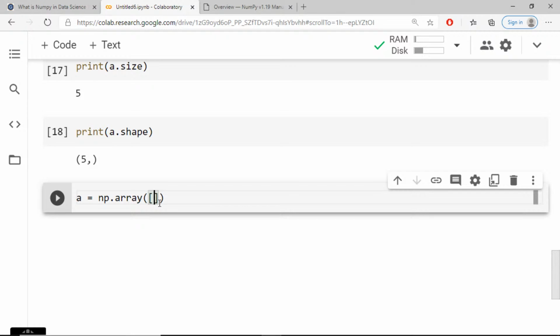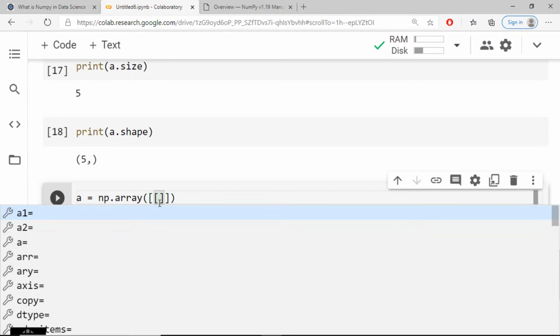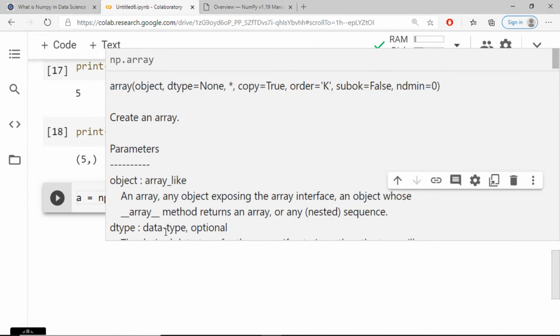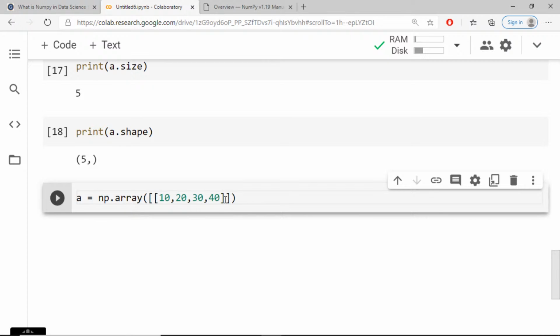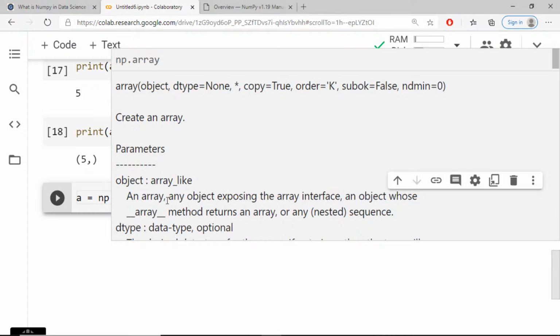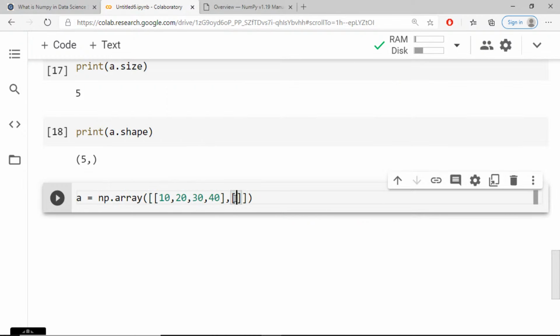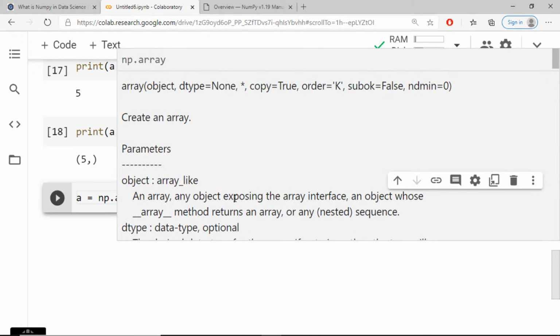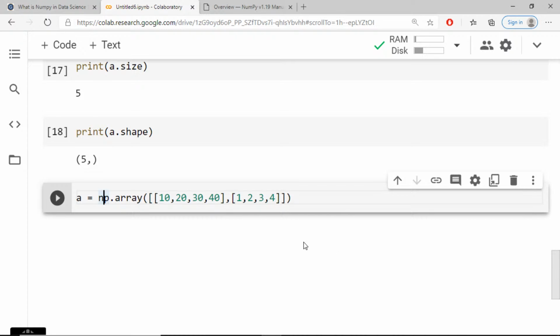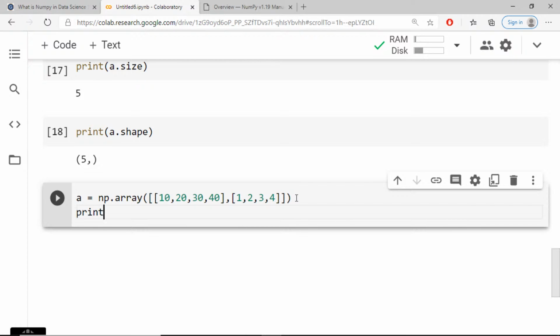Okay, I can write like 10, 20, 30, 40. And similarly, comma separated, I again write one array. Inside this, I write certain values 1, 2, 3, 4, like this. This is my 2D array. It having collection of 2 1D array. Okay. Now I'll print A,